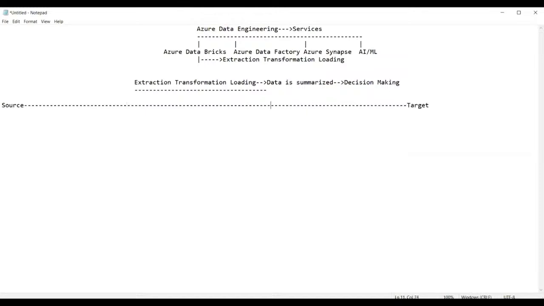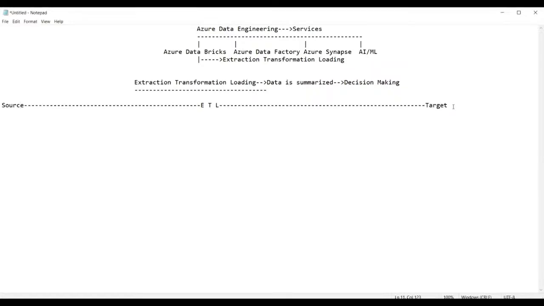Between the source and the target, this process of ETL is always applied, irrespective of whatever service we use. Generally, I'm talking about ETL, which is the process where the data is summarized. So what is the source and what is the target?